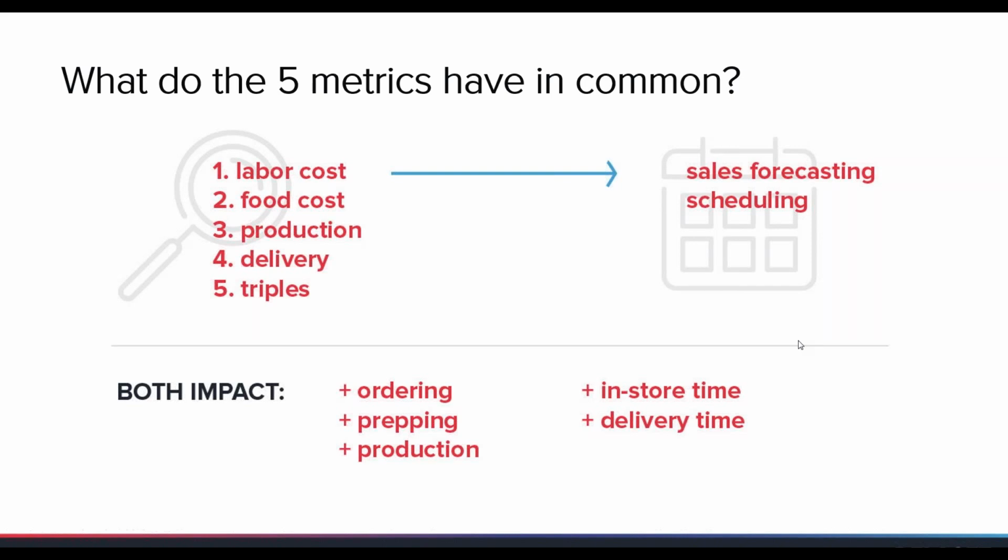So I'm putting this information together today. I asked myself, what do the 5 metrics have in common? Labor costs, food costs, production, delivery, and triples. The common theme, the common denominator, is sales forecasting and scheduling. And really that's the gist of our time together today, to offer up some tips, some thoughts, and best practices around